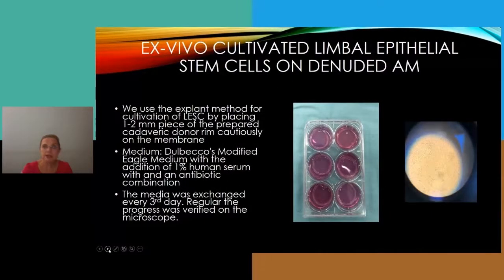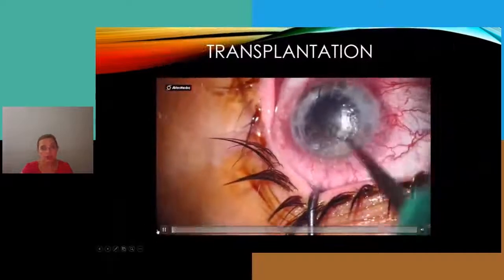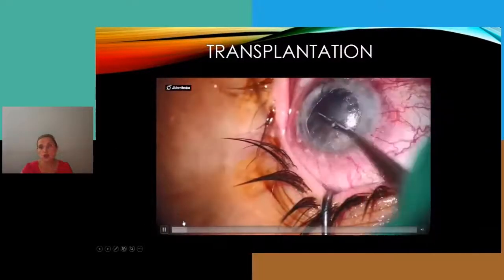Another exciting therapy that I would like to highlight is cultivated limboepithelial stem cells. And what we do, we actually use denuded amniotic membrane. We take the cells from the amniotic membrane and we use this amniotic membrane as a scaffold on which we grow limboepithelial cells. And we have special mediators in order to achieve this here. So in order to have regular epithelial cells all over the entire membrane. And this is a short video just showing what we do.